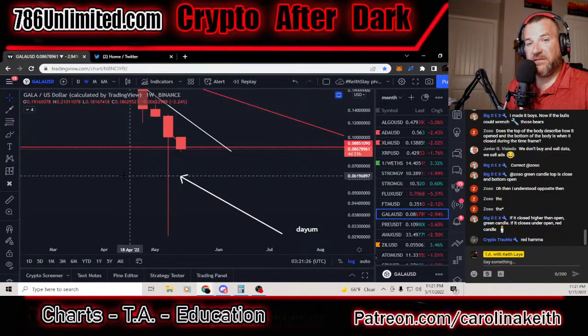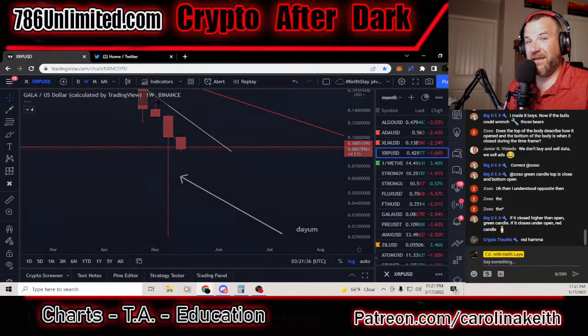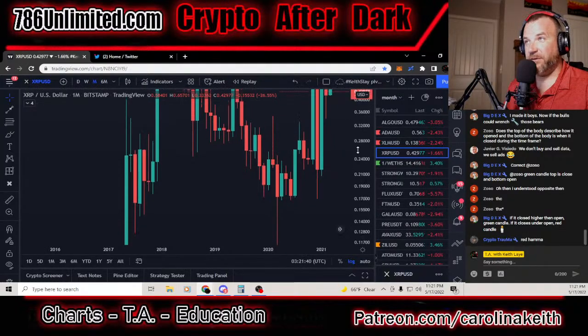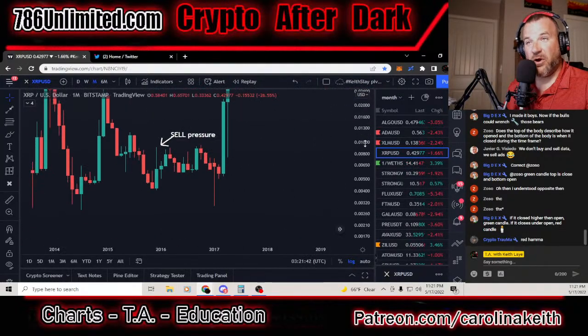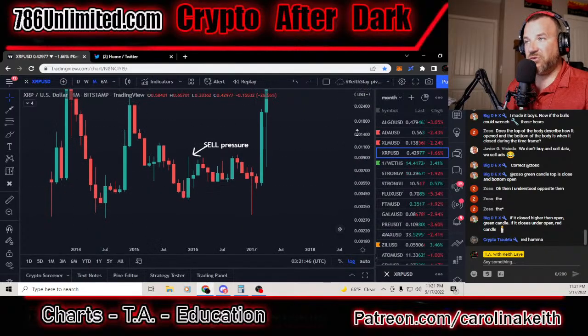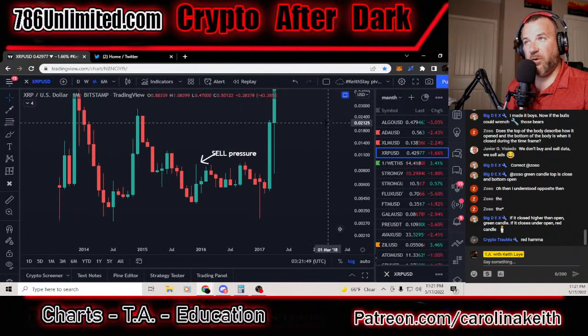That's when resistance and support comes into play. This helps you determine how much that thing may pull back or how much wick chasing may happen. Okay? I'm going to go back to XRP for the example, because it's easier just to go back to where I started. I use this chart all the time for analyzing. Works great. Okay? If we draw some basic resistance and support lines here, okay?